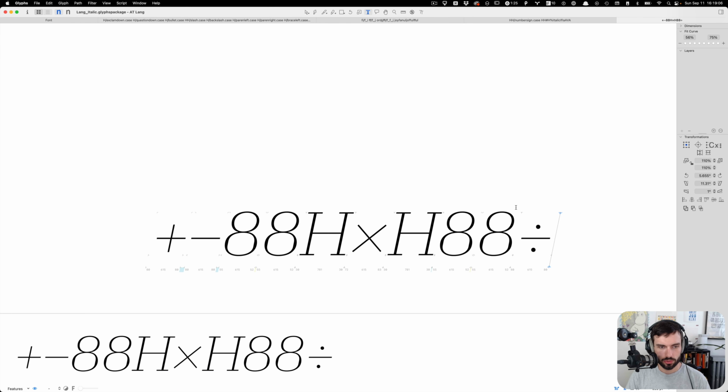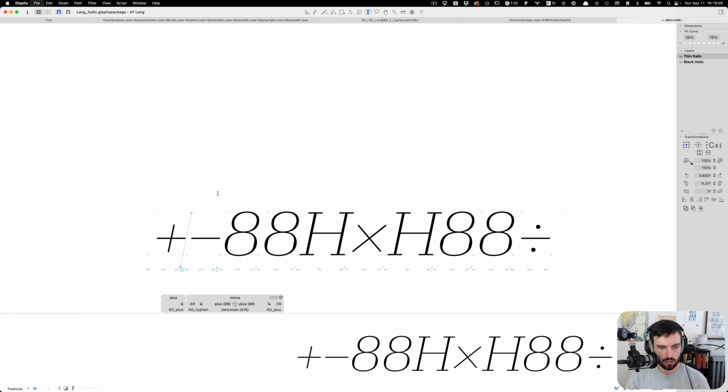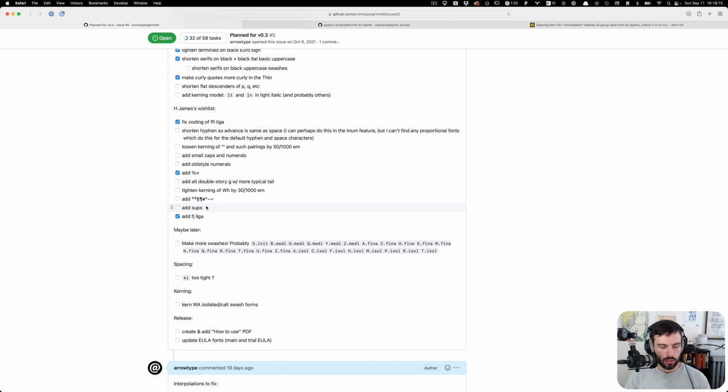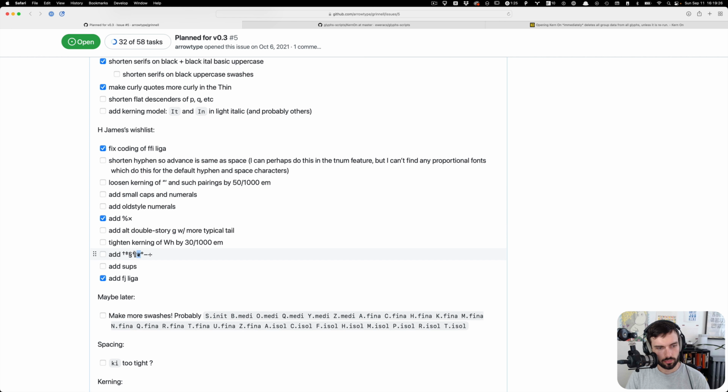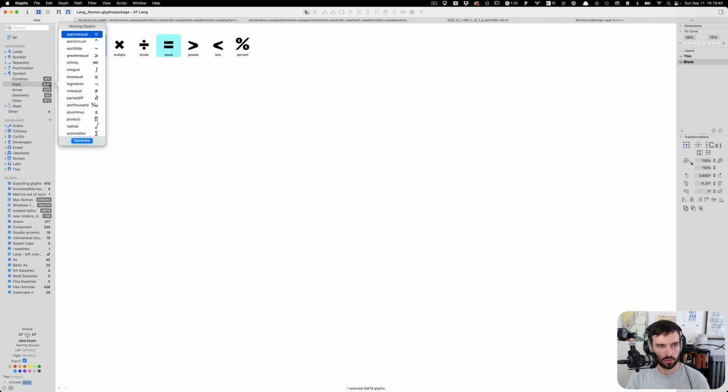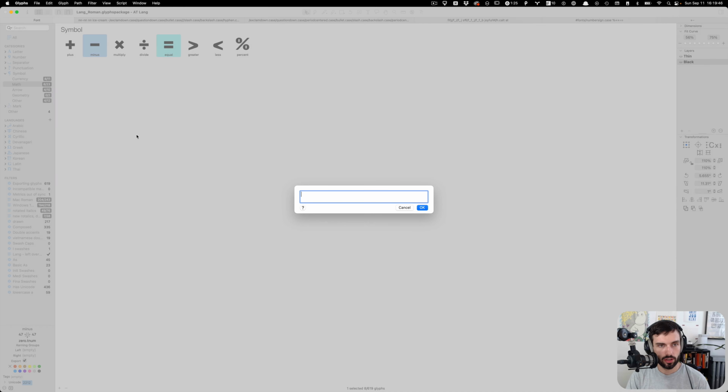Oh, do I have a minus? I do have a minus here. Okay, but I didn't have a minus in a Roman yet. All right. And some of these I won't do right now. Like the, what even is that thing called? The heart thingy. The section is a good symbol to leave for later, I think, because I might potentially still fuss with the S, and it's pretty rarely used. But the degree I do use quite a lot, so maybe that's the last one I'll do in this video, and then